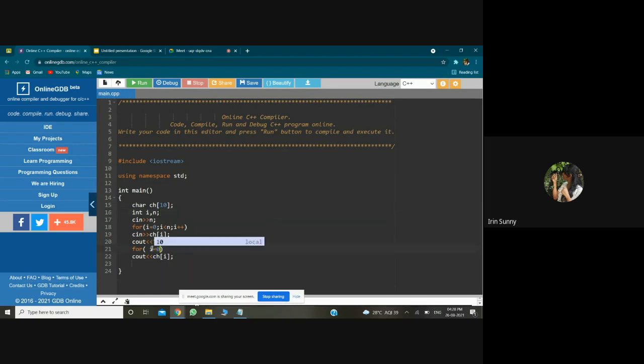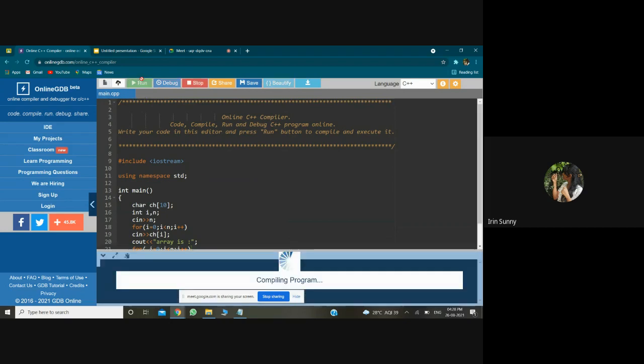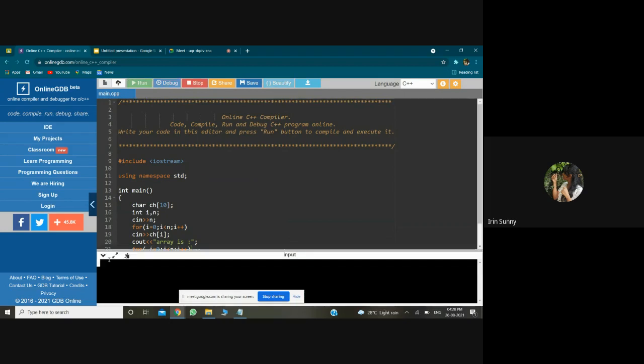Now it doesn't show any error since I declared it at the beginning as a common variable. i less than n, i plus plus. Now it doesn't show any output telling me to enter, because I did not write a particular cout statement. But when I enter 5, it actually reads. And then now I have to enter what?